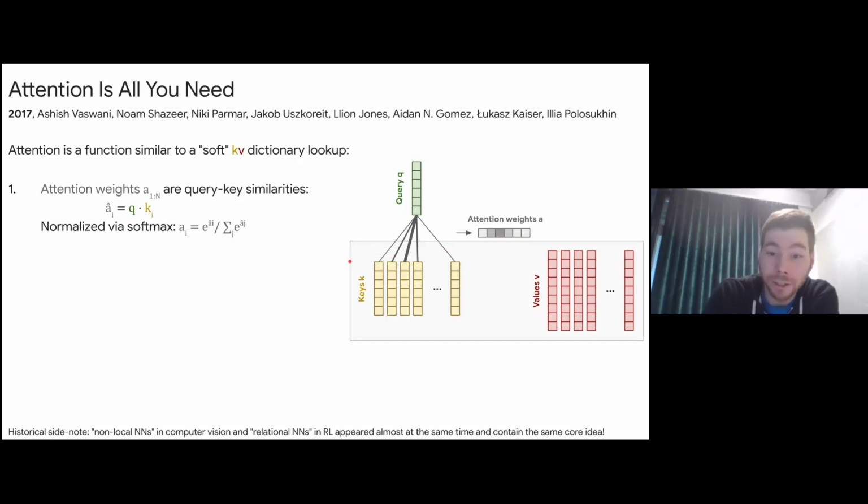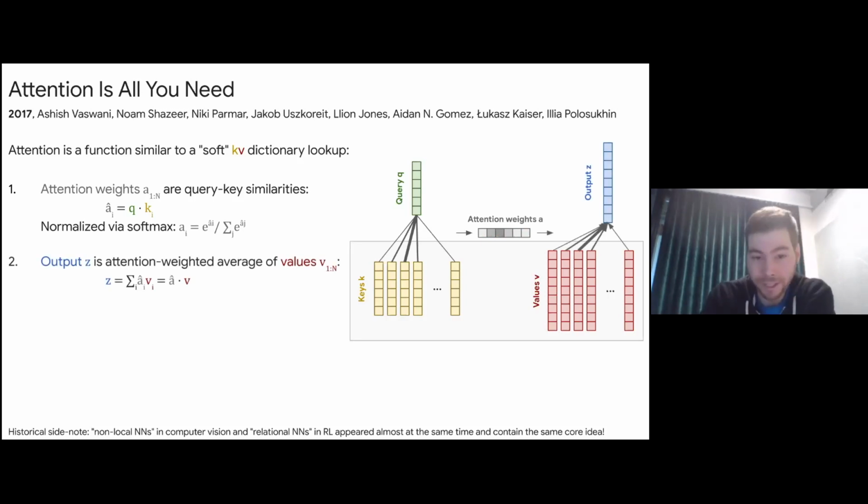So now imagine we have many keys, and I come with one query. Let's imagine out of all of those keys, one is very similar to the query and all others are not. So the one that is similar would have a high value in the attention weights and all others would have a strongly negative value because they are dissimilar. And then we take the softmax, so the attention weights would become very close to a one-hot encoding, with zeros on all the keys except for a 1 on the key that is super similar.